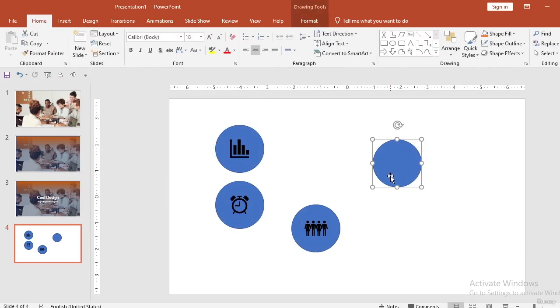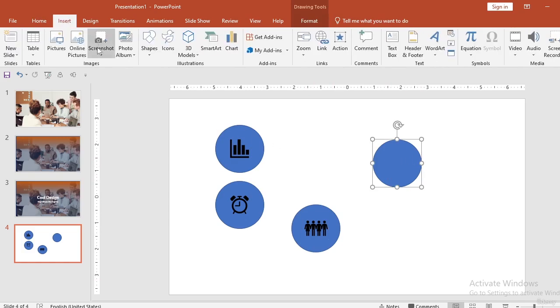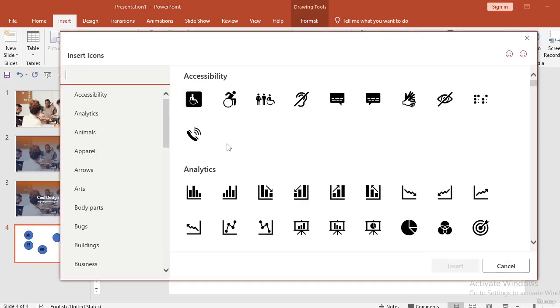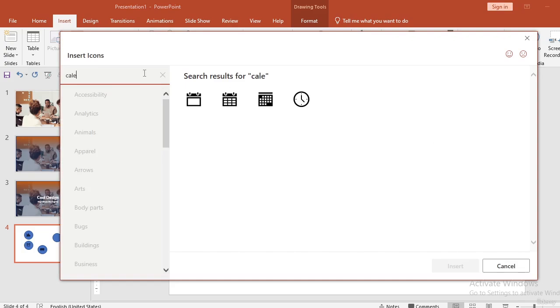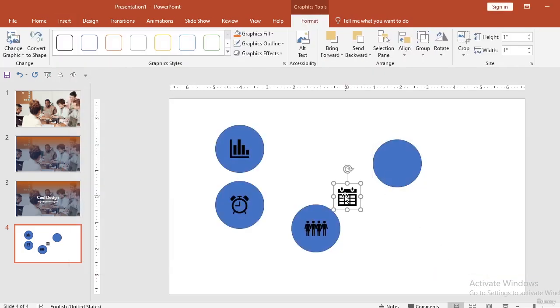Then we need an icon for calendar. Let's go to Insert. Come to Icon. Let's type in calendar here. This is just a shortcut to get what we are looking for by typing into this box, calendar. Okay, let's go for this one. Let's go for this. So we now have